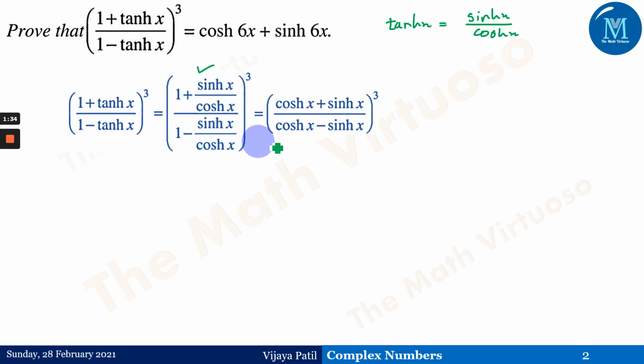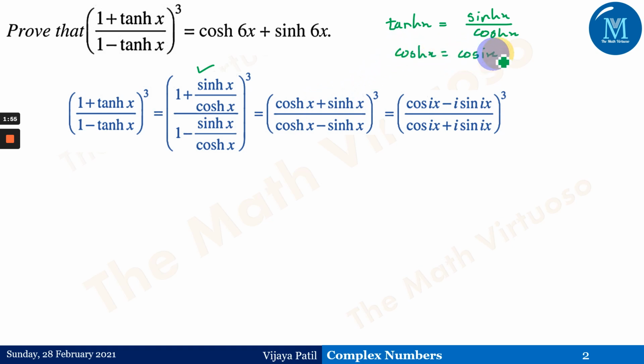After that, by cross multiplying, the cos hyperbolic x from the numerator and the denominator will go off, and you will remain with (cos hyperbolic x plus sine hyperbolic x upon cos hyperbolic x minus sine hyperbolic x) to the power 3. Now again we know the relation between them, that is cos hyperbolic x is equal to cos of ix. This is the relationship between circular and hyperbolic, as well as sine hyperbolic x is equal to minus i times sine ix, right? And that is what we have used here to the power 3.